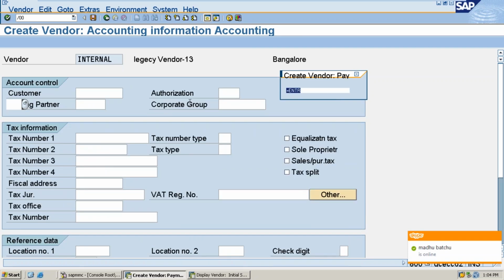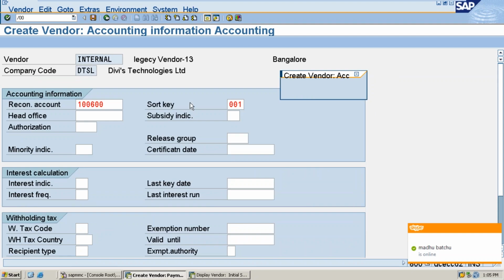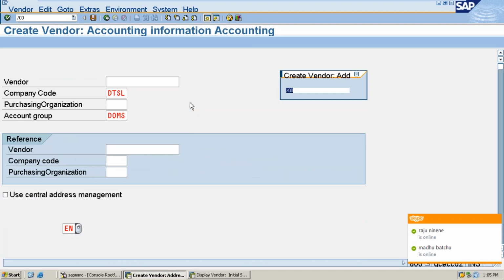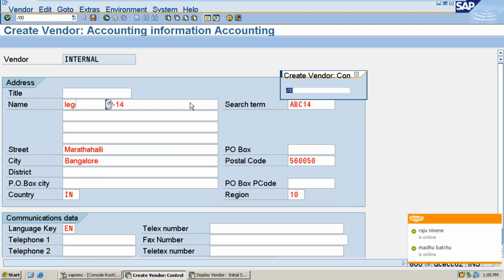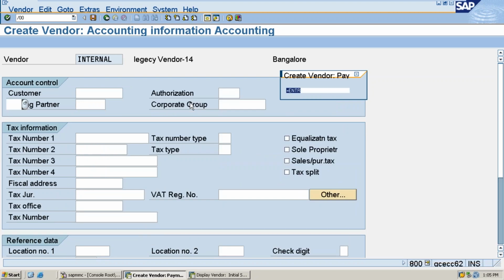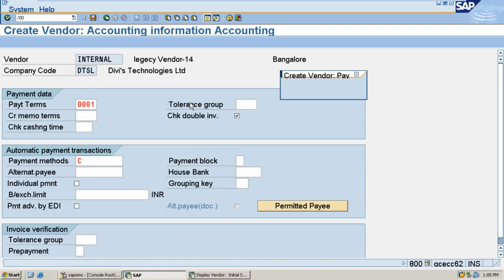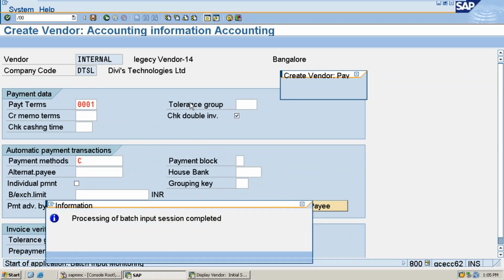This is the same way I want you to bring the vendors, customers, GLs, assets, all from non-SAP to SAP systems. So tomorrow I will show you how to bring the transaction data for this. This is vendor. Customer, same thing. What is the prerequisite? If you know how to do it manually, that is enough.